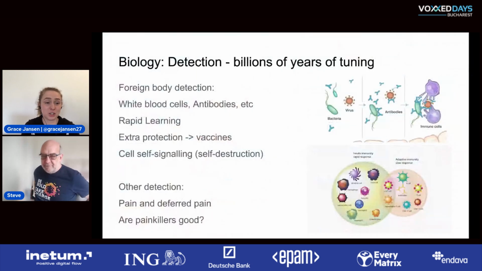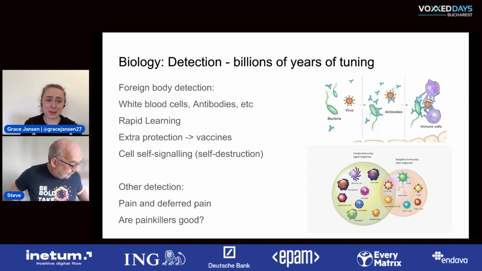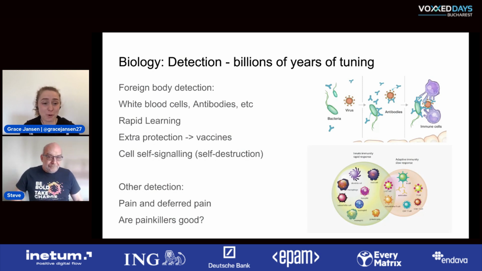In biology, as Steve says, we've got a big advantage here. We've had millennia to evolve and tune this very finely. This is where the adaptive immune system comes in. I said about the innate immune system, which is just there all the time, there to protect us. The adaptive immune system is all about adapting to potential infections that are already in, that we then need to detect to be able to tackle.